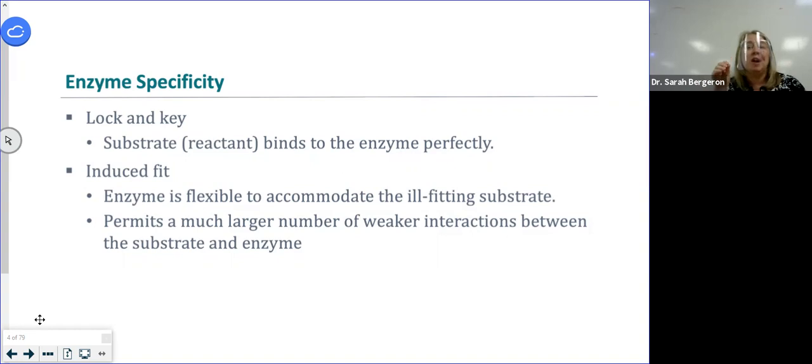So it will change conformations to accommodate that substrate. And when it does that, it's going to start making some weak interactions with the substrate. And so you can have an enzyme substrate complex, but the enzyme isn't designed for the substrate. The enzyme, here's the key takeaway. The enzyme is designed for the intermediate,